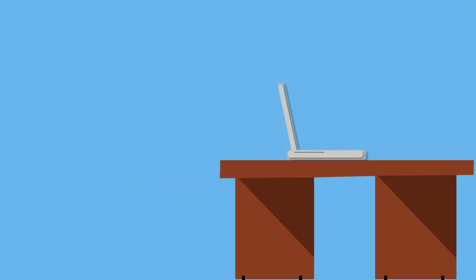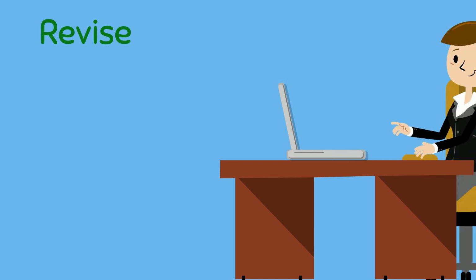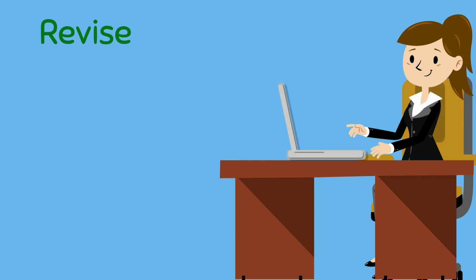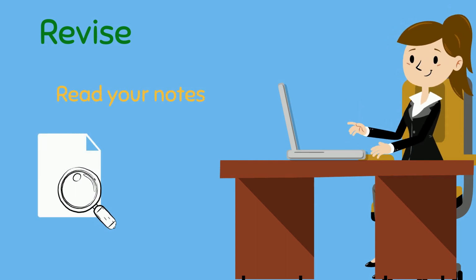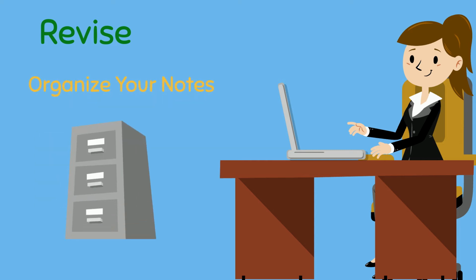The second R of reviewing is to revise what you wrote. You should go over your notes within 1 day of the lecture. Read your notes once from the beginning to end. Organize your notes by putting 2 lines under section titles, underlining or circling key terms, and connecting related concepts with